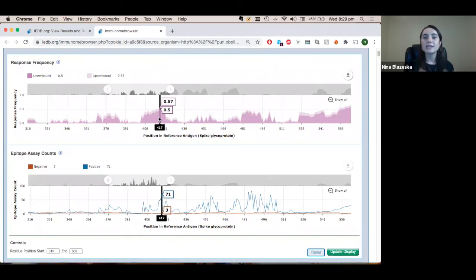As more data continues to be deposited into the database, the results in the ImmunomeBrowser will, of course, grow richer. We also aim to add some new features to the ImmunomeBrowser in the future to continue enhancing that user experience and of course, the usefulness of these